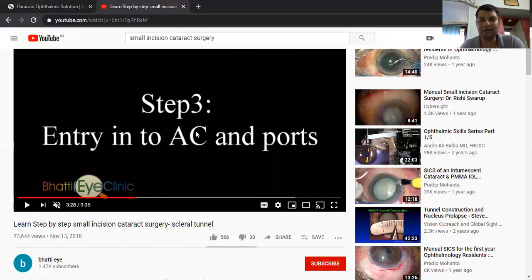So we have to make an internal incision into the scleral tunnel, that we are going to make with the keratome, and then we have to extend that incision. So we enter with a smaller size keratome, that is 2.8 millimeter, and then with the help of the same keratome, we extend the incision. And we also need to make side port incisions for various other procedures, like removing of superior cortex, then dialing of the intraocular lens. So we make a main entry, and we make side ports also.